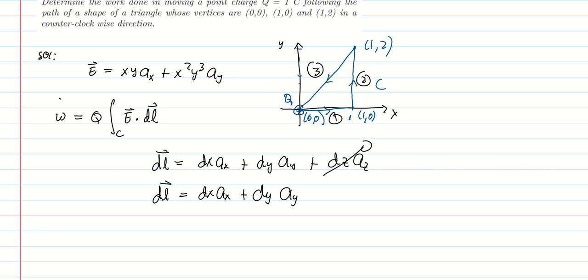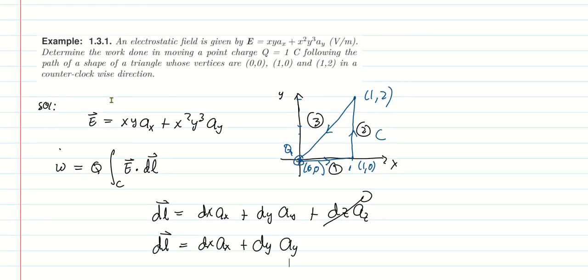So if, for example, the electrostatic field is not given in rectangular coordinate system, it's given in spherical coordinate system, or it's given in cylindrical coordinate system, then you know that the differential length will also change. But again, it's up to you to choose. If you want to convert, we have also discussed how to convert a vector field into the other